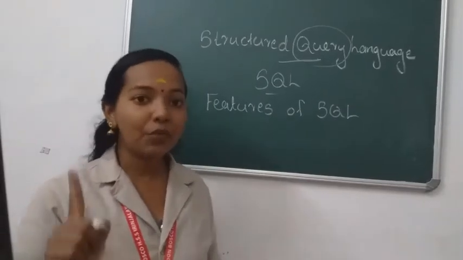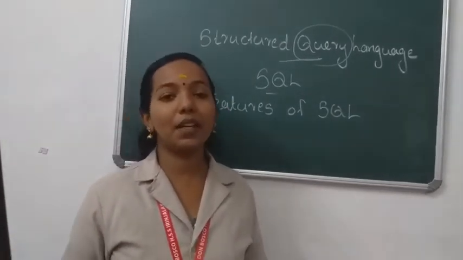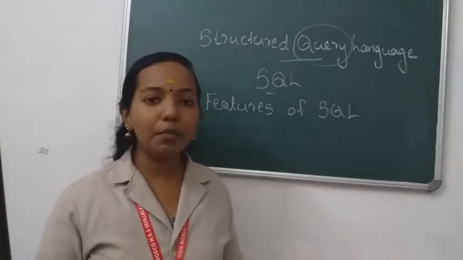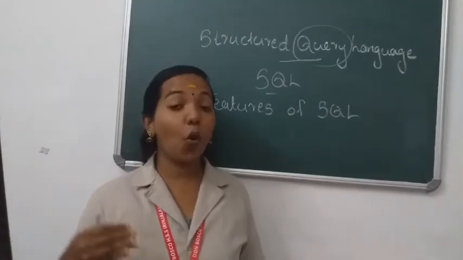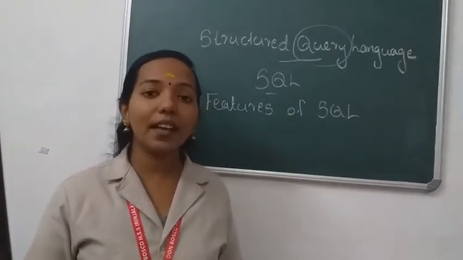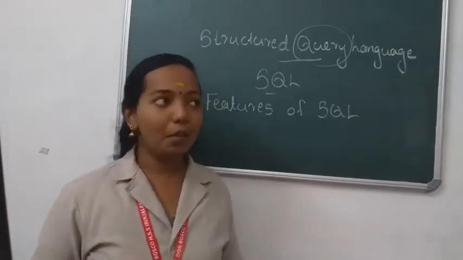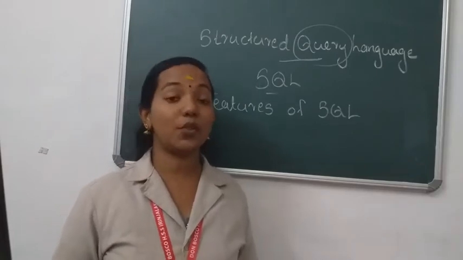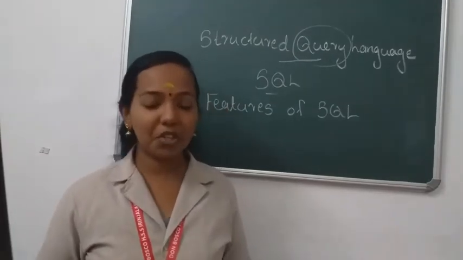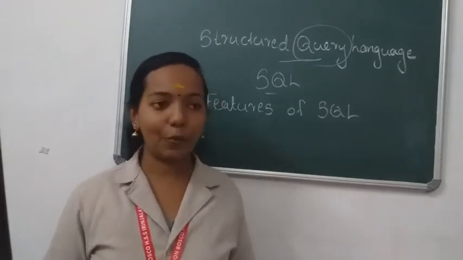So, that's the first feature. Then, second feature, it is simple, flexible and powerful. Simple means in a C++ program, you want to write 21 lines of code, 30 lines of code, all these executions based on the number of lines. But compared to C++, in a single statement, we can include an SQL query. So that is a speciality. The length of the code is smaller than other programming languages.